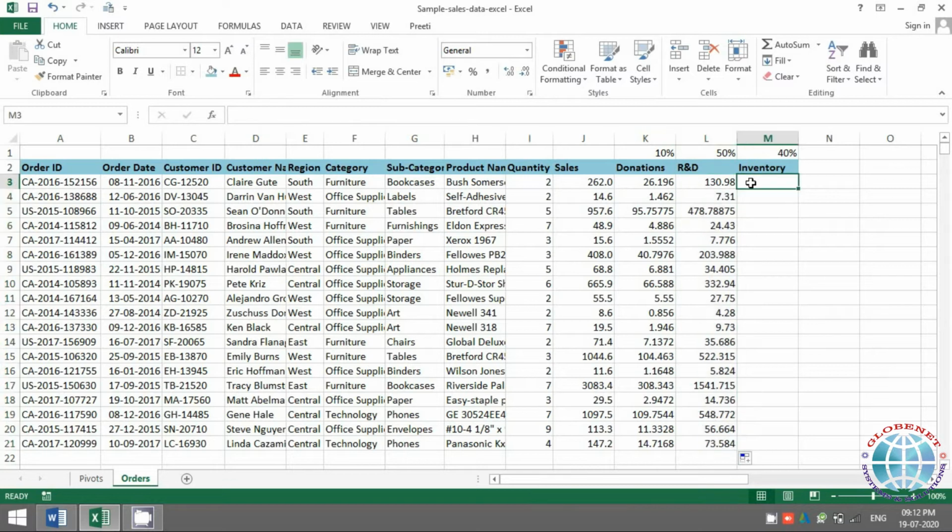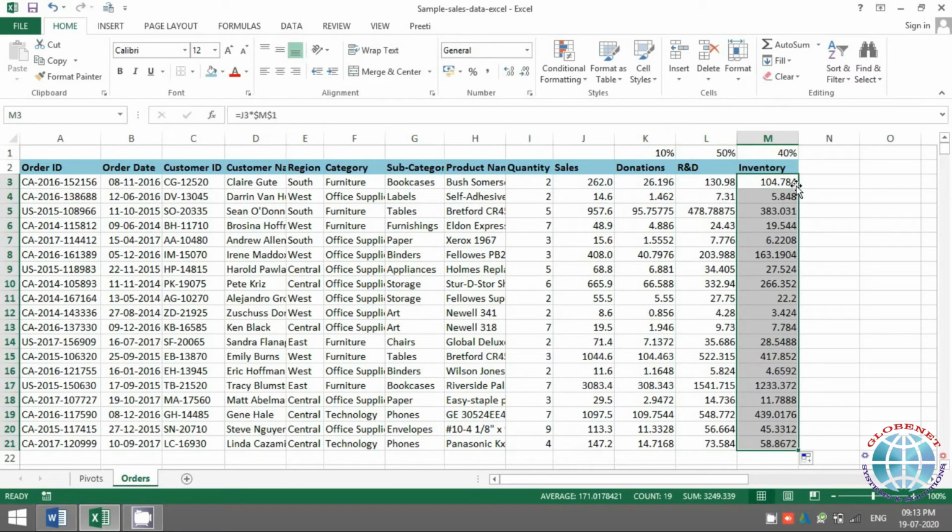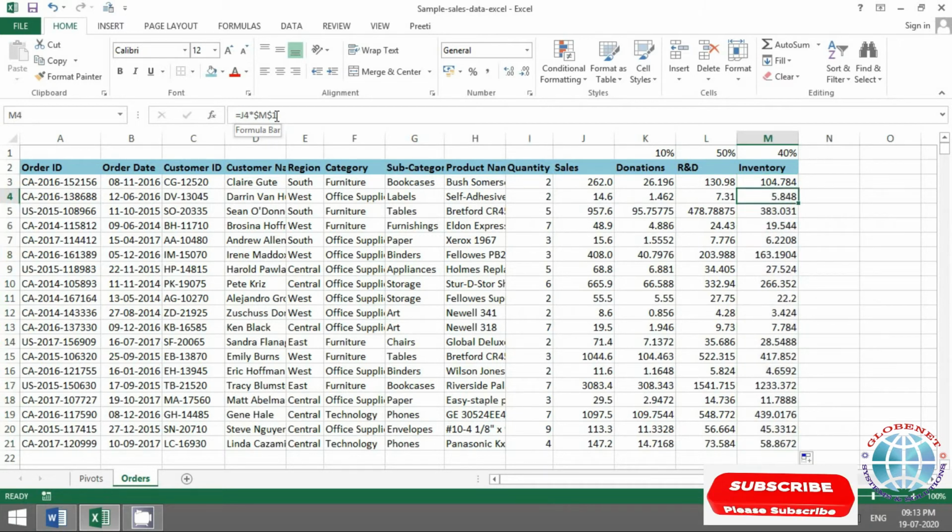And similarly, I create a formula here, sales into this value, and I'll press F4 and I'll drag it. So we've seen two types of references. One is relative reference, another one is absolute reference. This is a classic example of a relative reference, and this is the example of absolute reference. You can have any combination. You could have your complete formula in absolute reference, or completely in relative reference. It's up to you and how your data is placed.